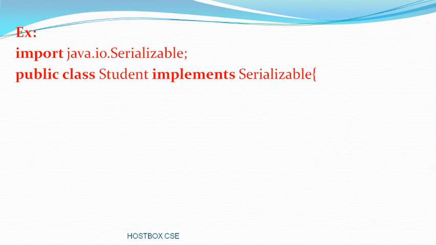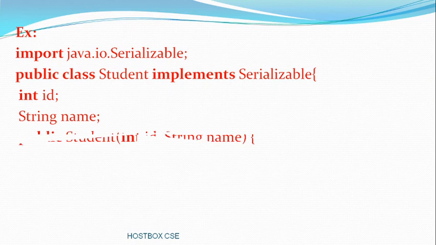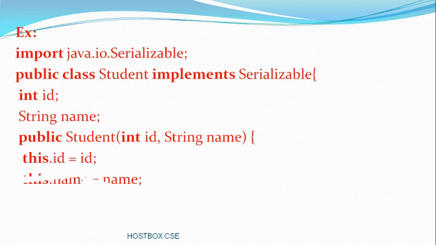Now for an example. How do you write a small example program? How do you use Serializable? Just now I told you the package is important. Import java.io.Serializable. Then I am going to write a class called Student: public class Student implements Serializable, open brace. Then int id, String name, the variables. And public Student(int id, String name), the constructor, passing the arguments int id, String name. this.id is called id. Already in the previous session I explained what this is and the keywords. And this.name is called name, and close it.